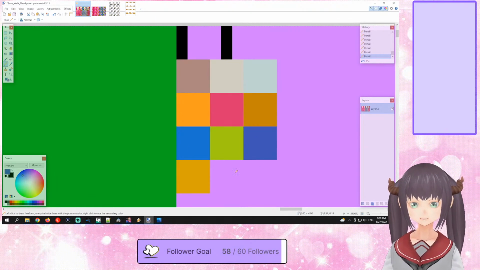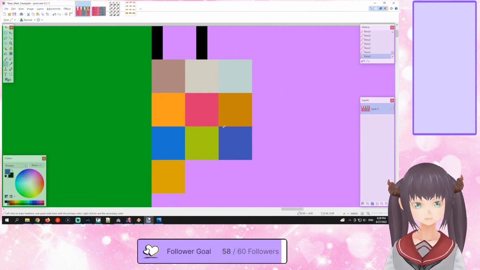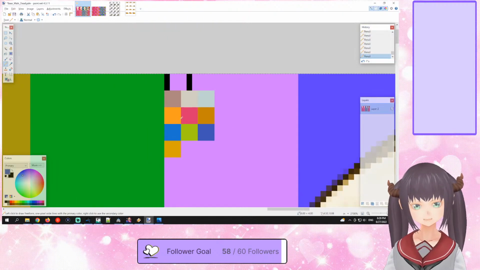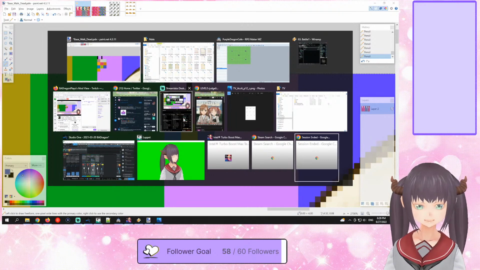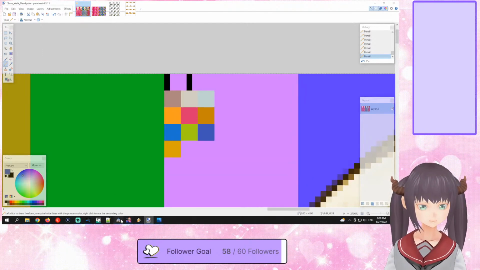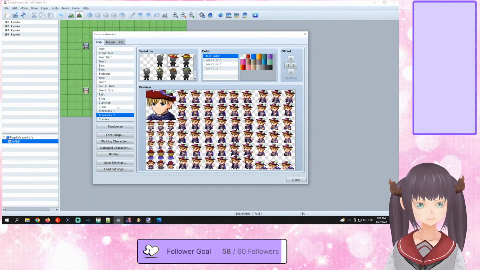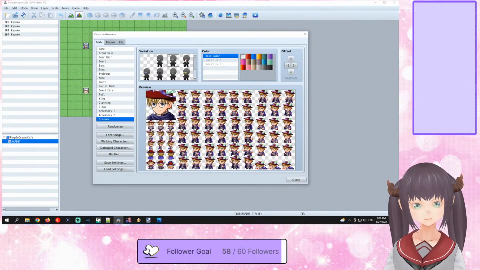Let's see, I don't know what the third color is for these. Or the fourth color, rather. Because there's no one who uses them. There is a guide on the website. I just don't have it up at the moment. Classes are the same way. They use multiple colors. So